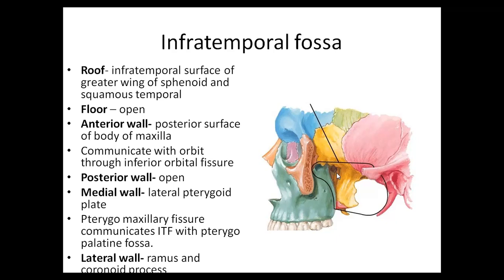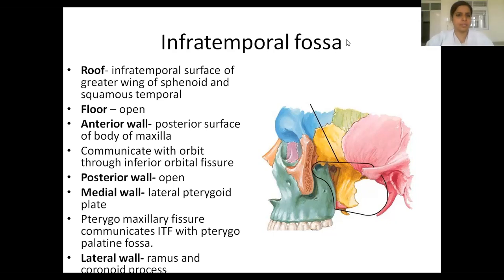Laterally, the bone has been removed. Otherwise, the lateral boundary of the infratemporal fossa is formed by the ramus and coronoid process of the mandible. Simply, you can remember it is the mandible. I'll try to show you now. See here, below the zygomatic arch, we'll hold the skull in the same direction as shown on the screen. This is the zygomatic arch. Below this is all infratemporal fossa.